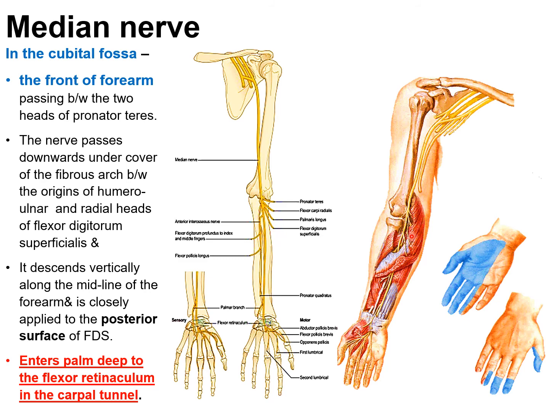Along with the ulnar artery, the median nerve passes beneath the fibrous arch of the flexor digitorum superficialis, and it runs deep to this muscle on the surface of flexor digitorum profundus. About 5 cm above the flexor retinaculum, it becomes superficial and it lies between the tendon of flexor carpi radialis laterally and flexor digitorum superficialis medially. The median nerve enters the palm by passing deep to the flexor retinaculum through the carpal tunnel.